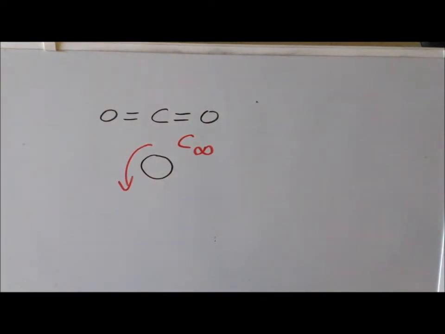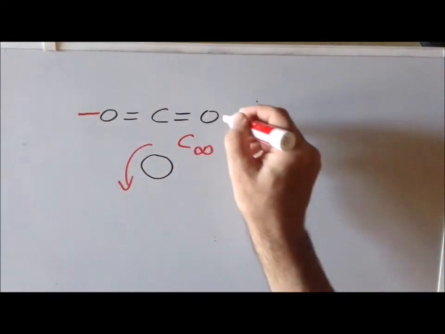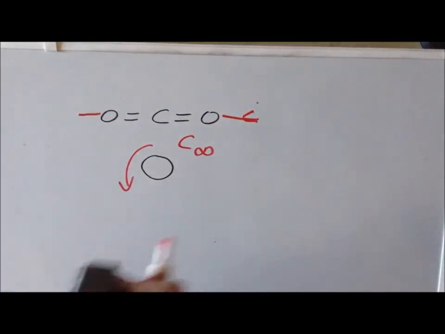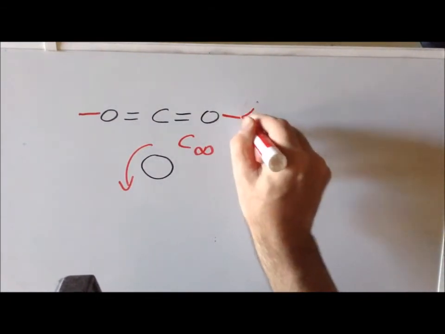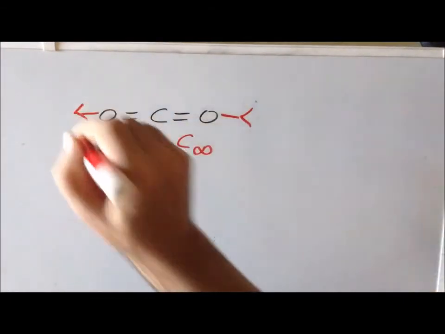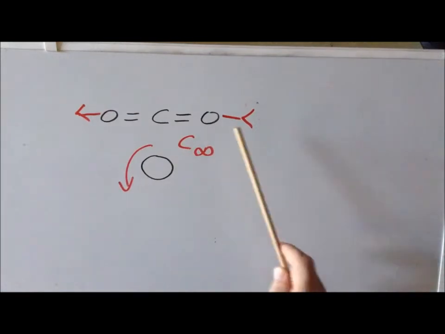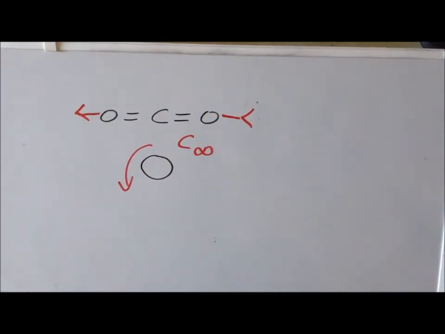So this is the condition. This is looking down this axis, for example. And we're looking down in this direction. So once we have this idea of a linear molecule, so all the atoms are in a line, we have this C infinity rotation. So then the only other symmetry element we need to look for is a C2 that